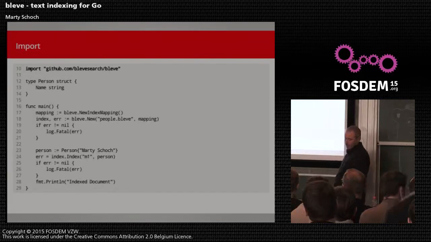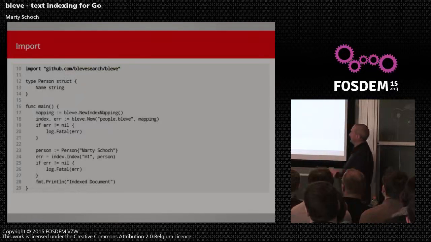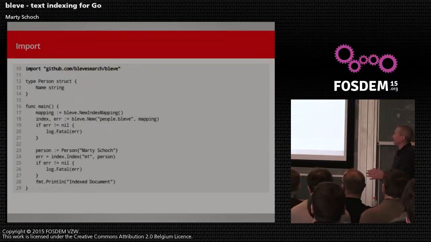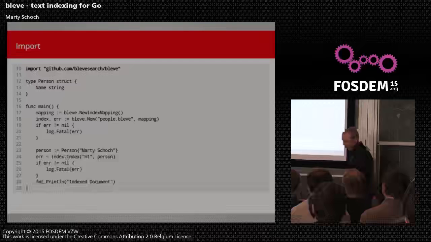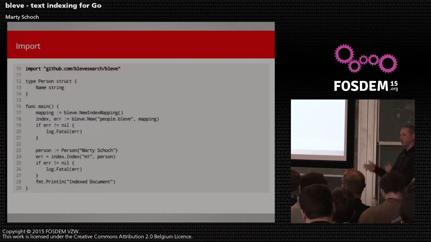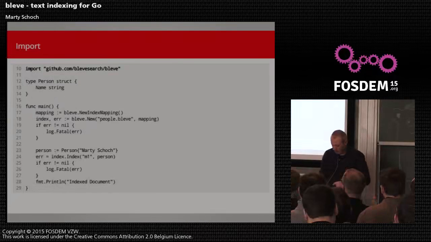Once you've gotten the package, again, with that same theme of making it easy for users to use, we wanted it so that the simplest use case of the system, you just have to import a single package, which you see here. Again, it's the same GitHub repo. Now, behind the scenes, Bleve has many other packages that are layered through the functionality. And so more advanced users or people extending the functionality would maybe need to use more packages. But for simple use cases, the single package is all you need.